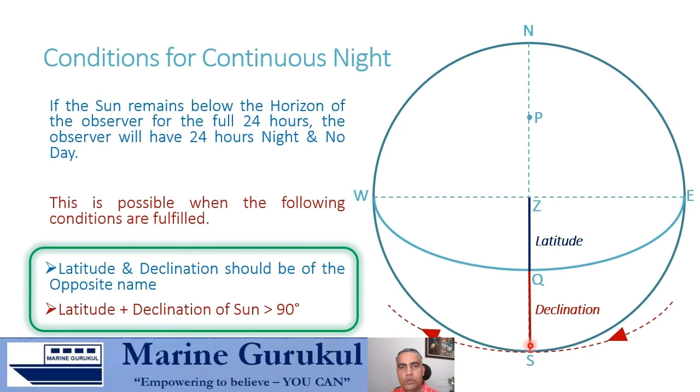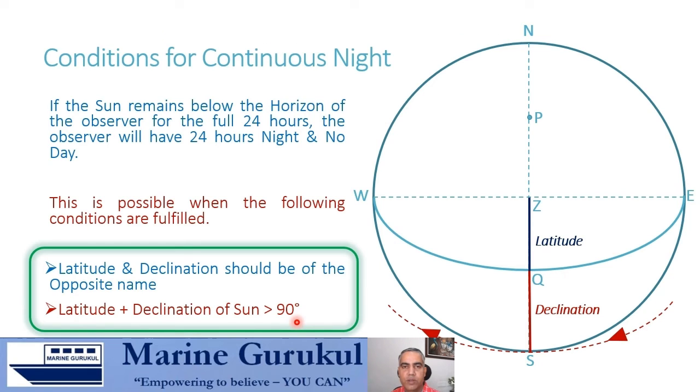Now this is the declination Q to S. So if latitude plus declination is greater than 90, it immediately tells us that the declination circle will pass beyond our rational horizon, or the sun is going to remain below our rational horizon. So that's why the condition latitude plus declination of sun should be greater than 90 degrees